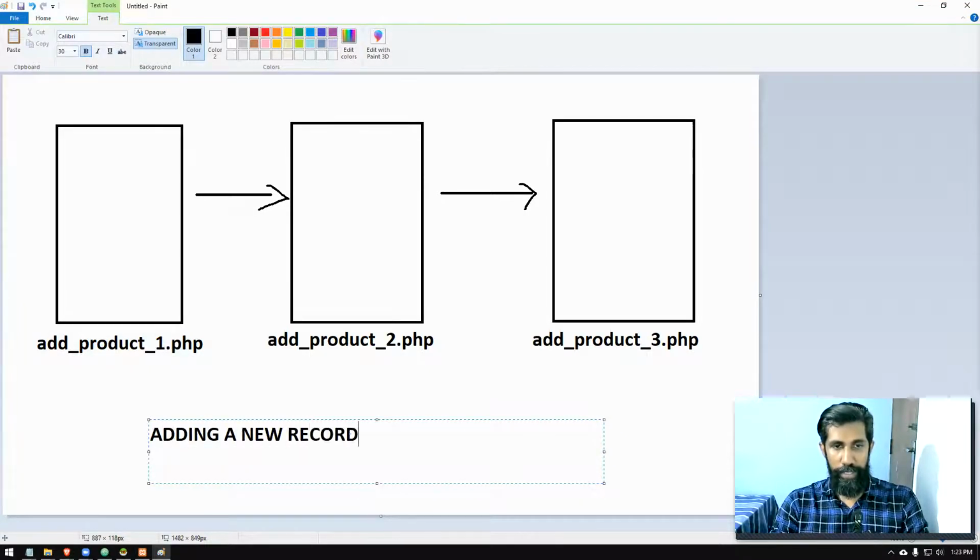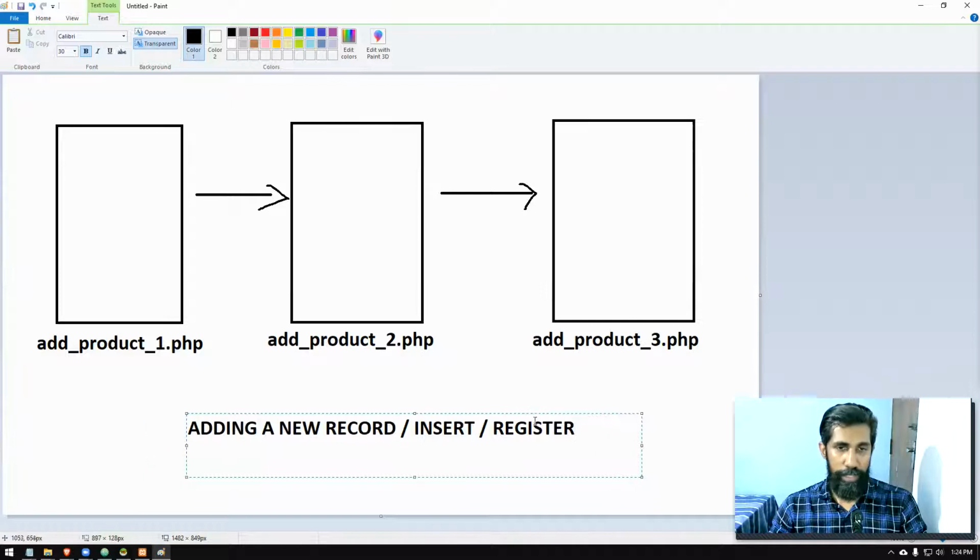This is what we are learning, adding a new record. Or you can call it whatever you like. Okay, we are going to do this part. So we're going to do that in 3 steps. So we need to build step by step. I don't know whether I can finish the whole thing today because it will be taking some time, right? It depends on your pace. Okay, let me first of all do this part, right?